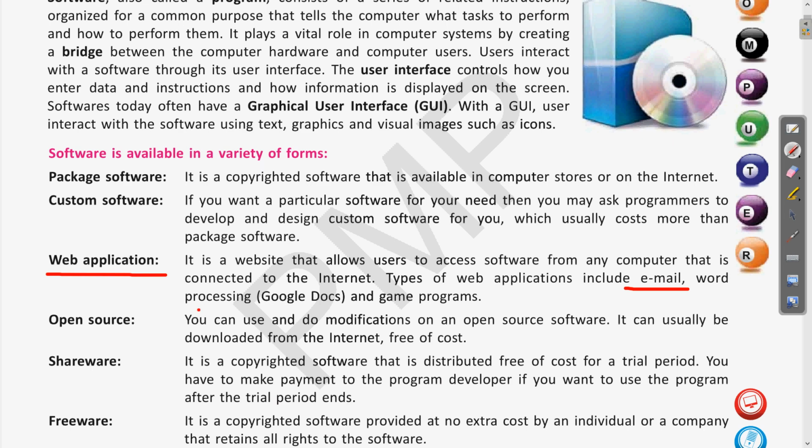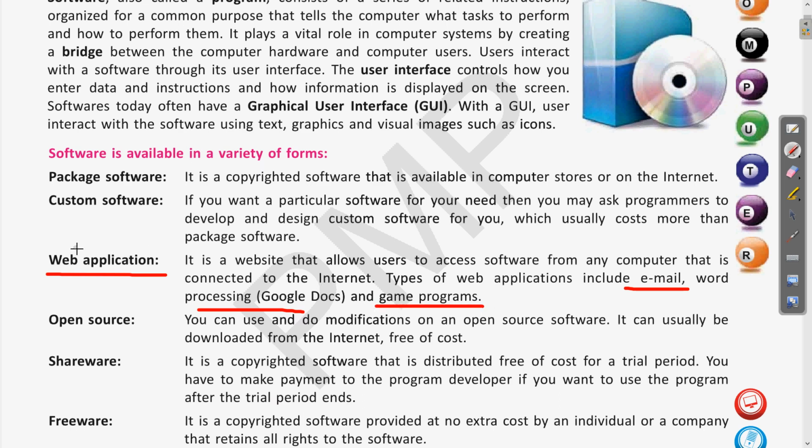So these are available online these days also, for example Google Docs. Clear? So Google Docs have different options in that for writing text. Then there is a spreadsheet option. So these are the different web software which can be accessed through the internet. Then various game programs are also available.